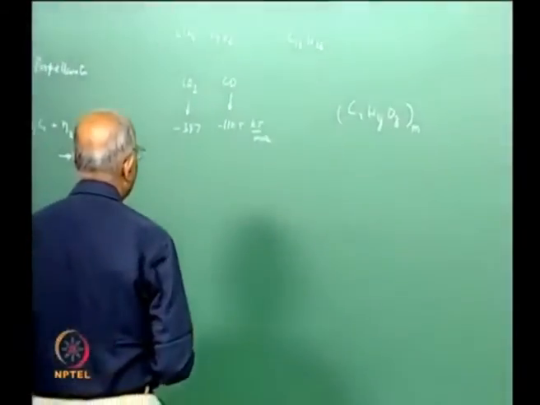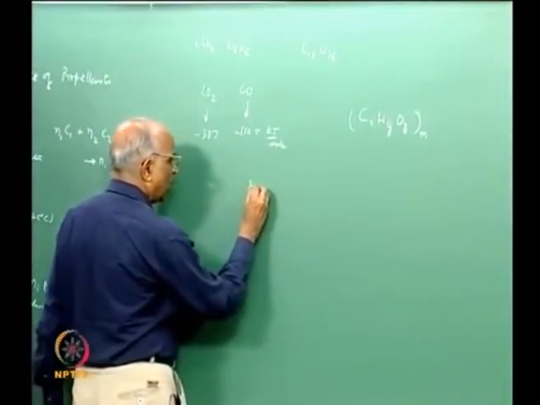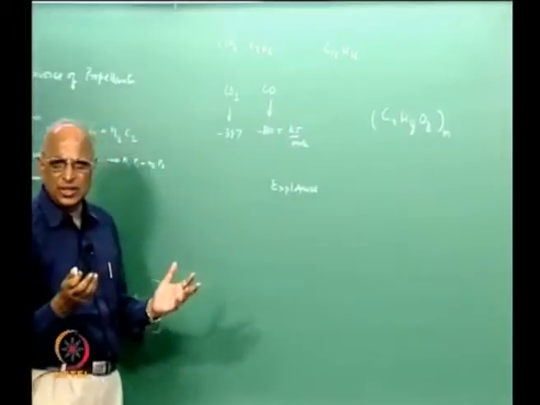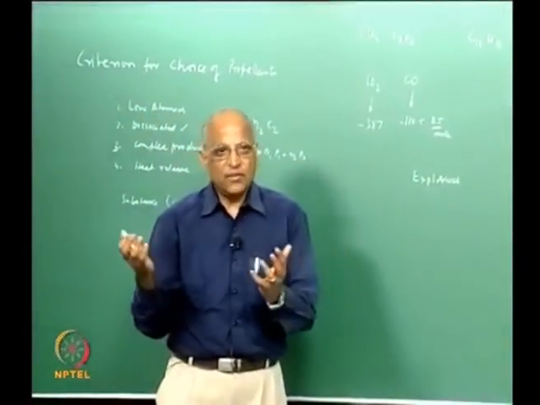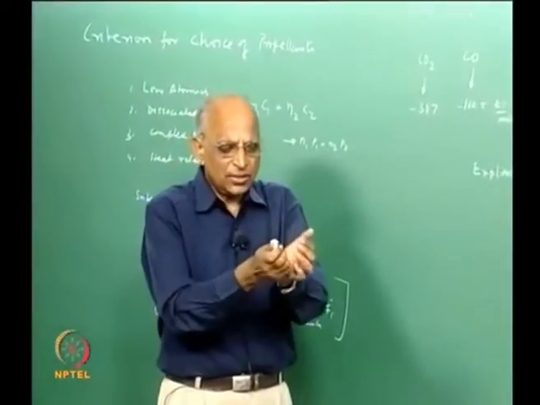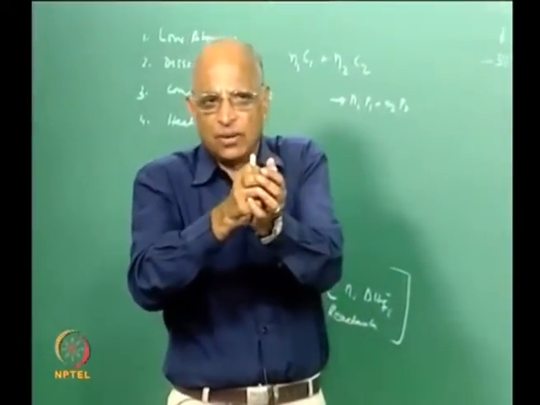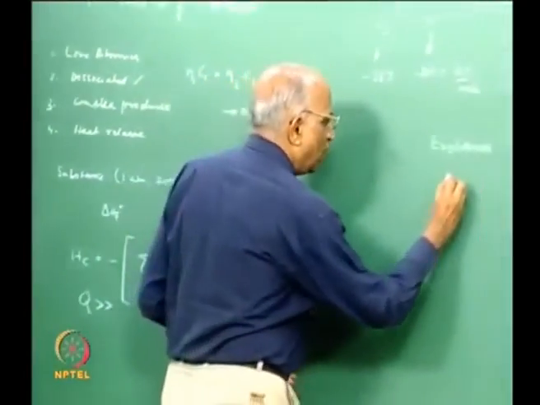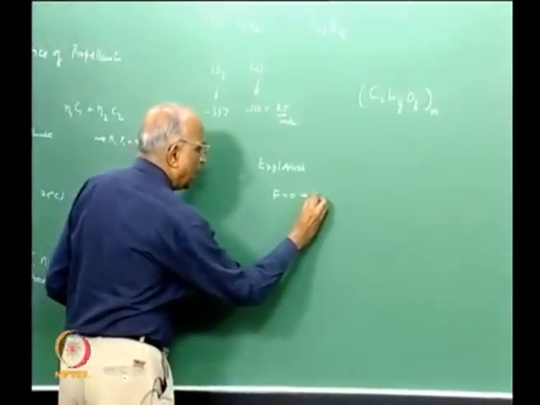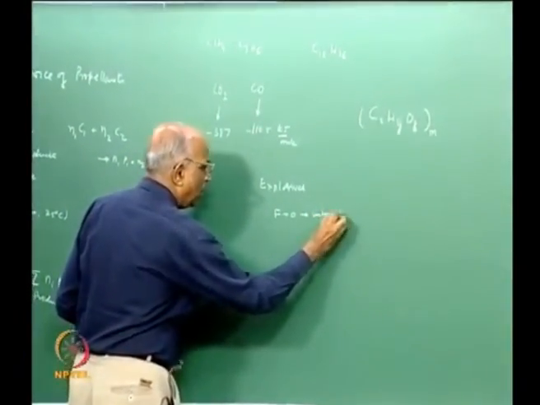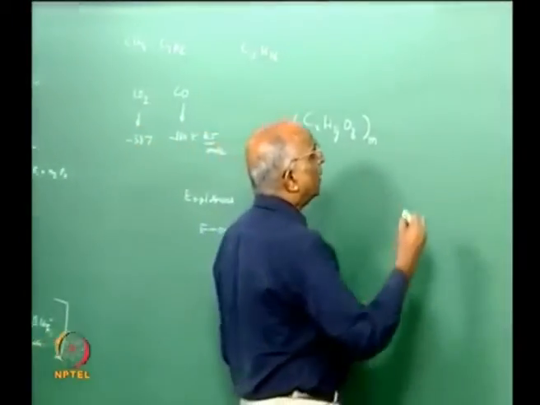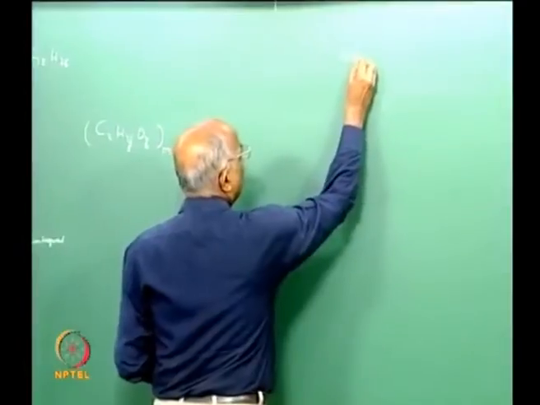In the last class we told there are certain substances which are known as explosives. We keep on reading about explosions here and there. What is the difference between an explosive and a fuel? When we have fuel and oxidizer already mixed together, premixed very well, or if not premixed, it is a form of a molecule itself. That means fuel and oxidizer are an integral part, either extremely well mixed or else it is a part of the substance itself. Let us take one or two such explosives and that will be very instructive. In the last class I started with nitroglycerine.